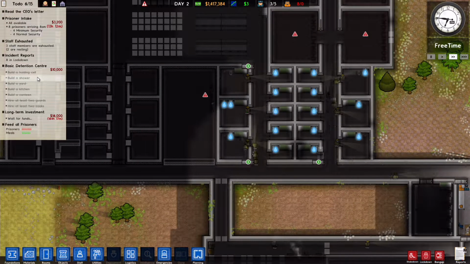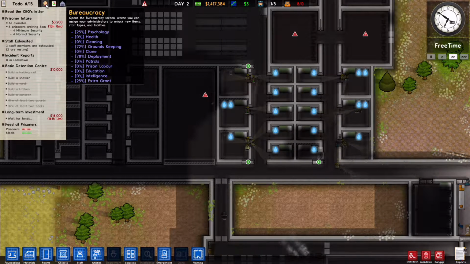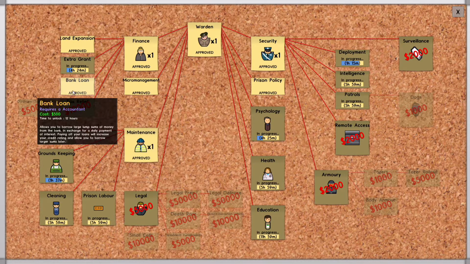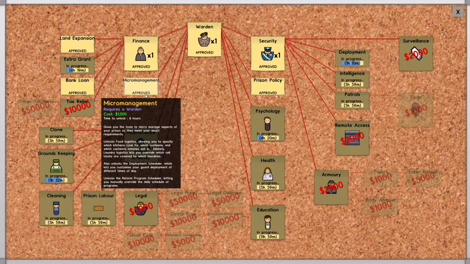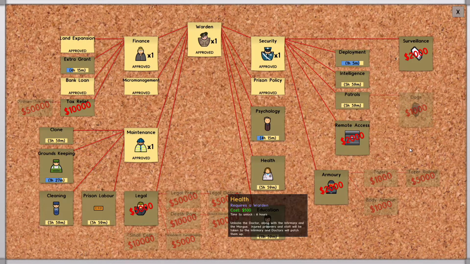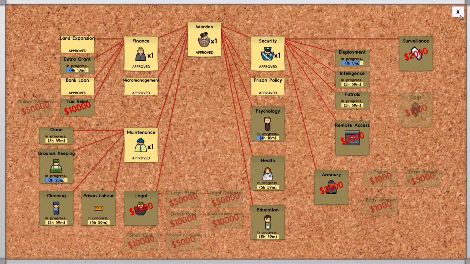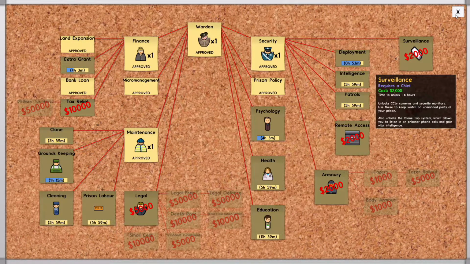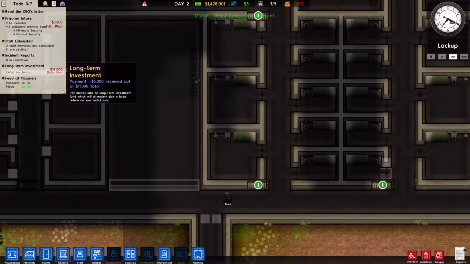And that's the only thing we need for the basic detention center. What do we have for bank loan is done. We're working on extra grant. We have prison policy management done. We're working on psychology. We're working on groundskeeping and deployment. Is there any other ones that we can have? I'm going to have to wait on those. And the shower is technically done. So that grant,